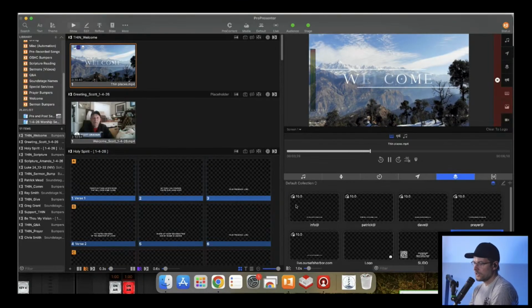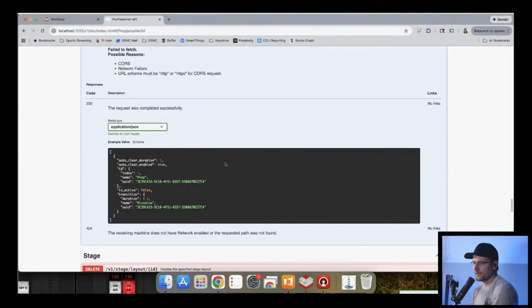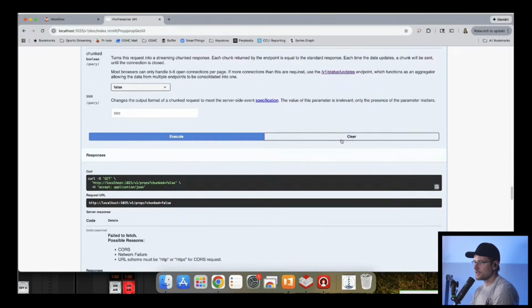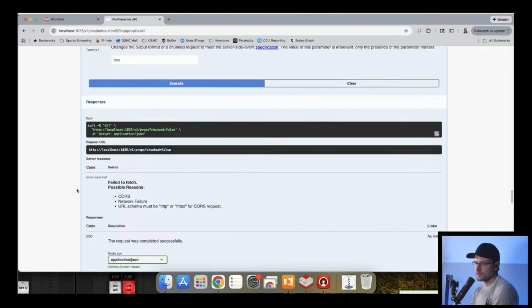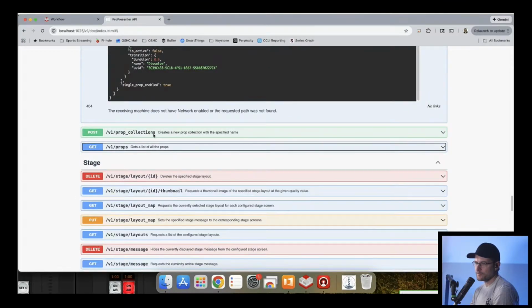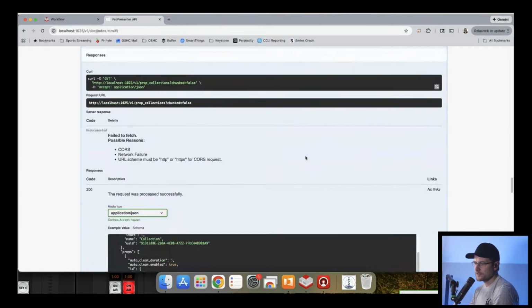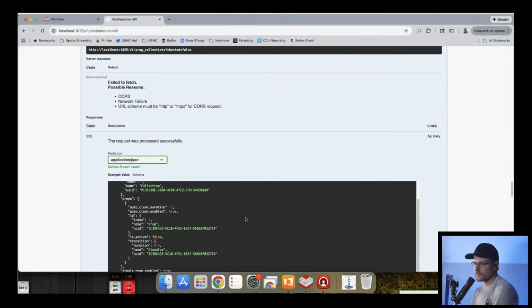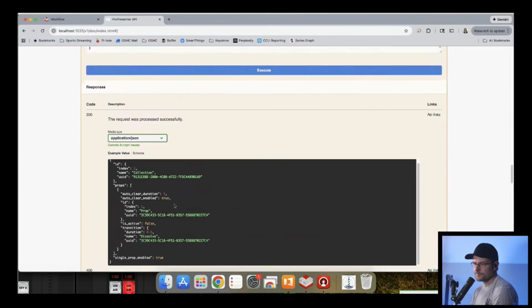Okay, so then we got to go and find the API, we're going to say clear execute. What am I looking at here? Prop collections. Clear execute. Props, props, props. I am in the wrong place.